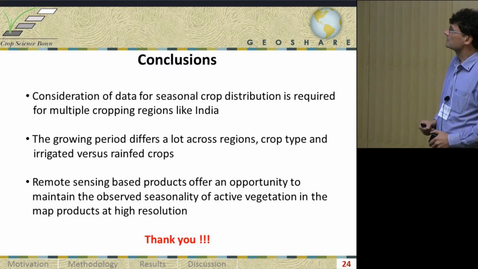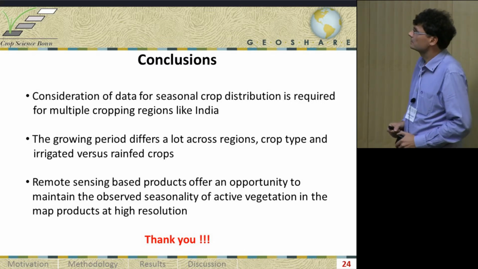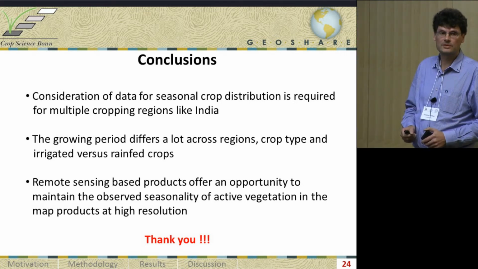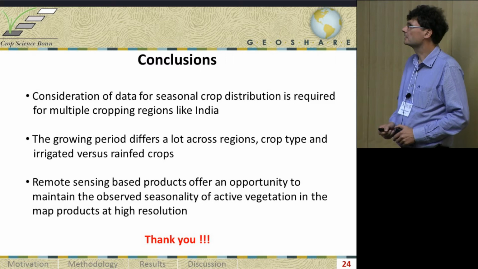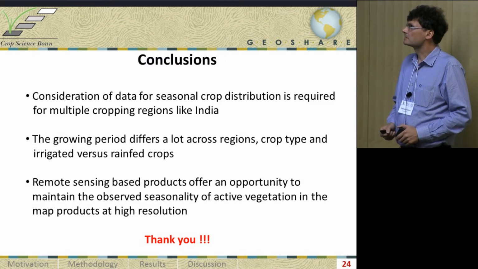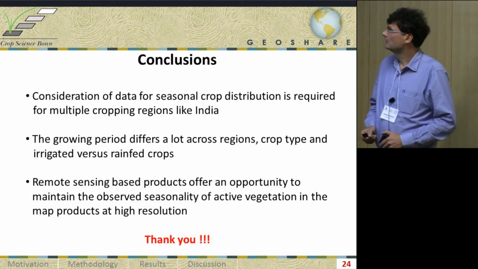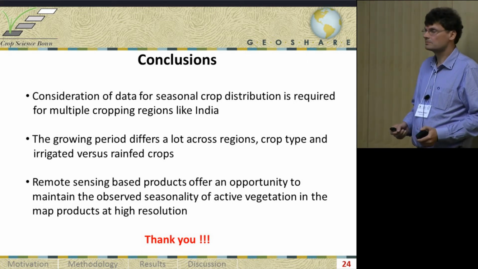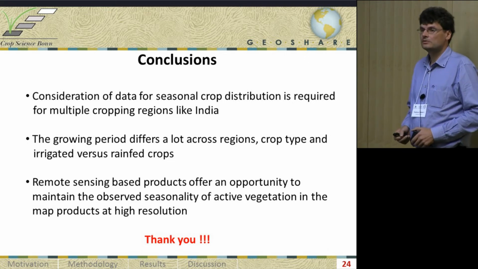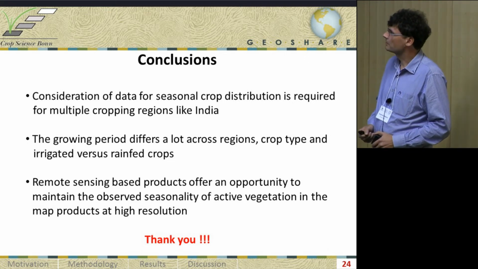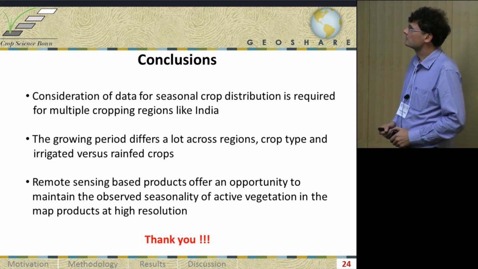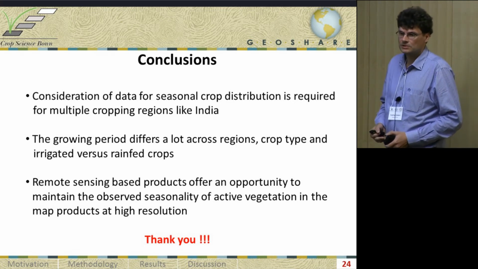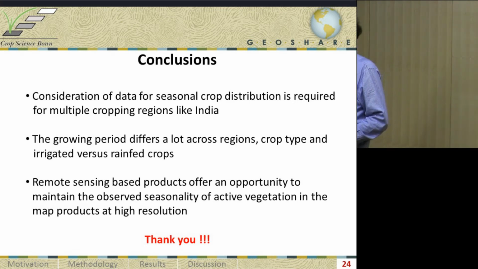So the conclusions: we think that this consideration of seasonal crop data is really required for these multiple cropping regions like India, and that there's a very complex pattern. And we also have seen that these remote sensing based products offer an independent opportunity to map these patterns and should also be considered. And I think this is now a new data set which will enter the GEOSHARE hub,